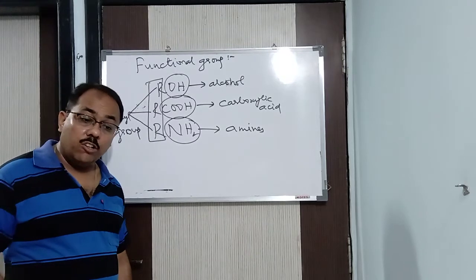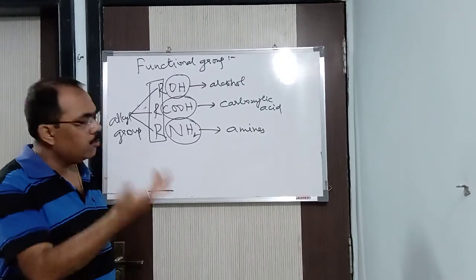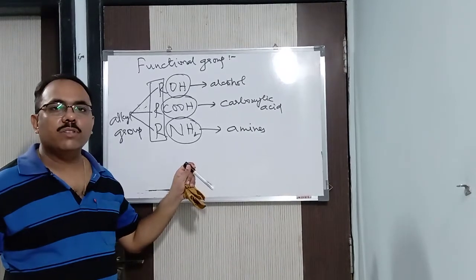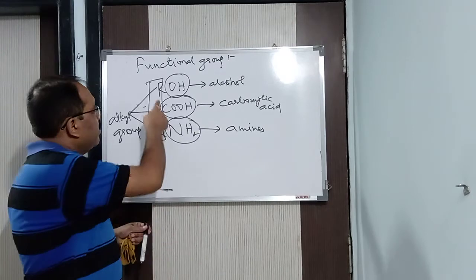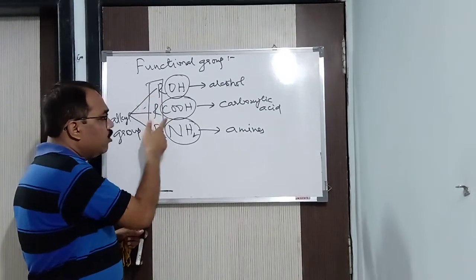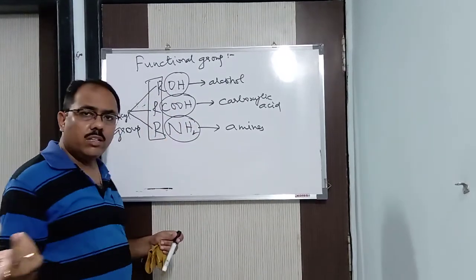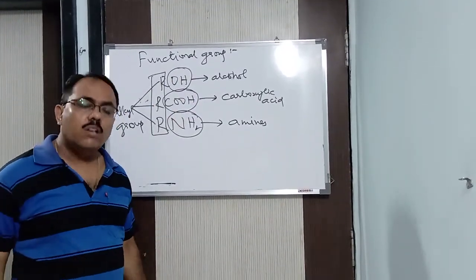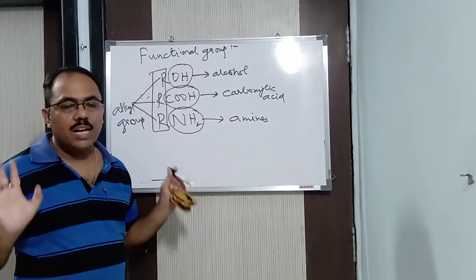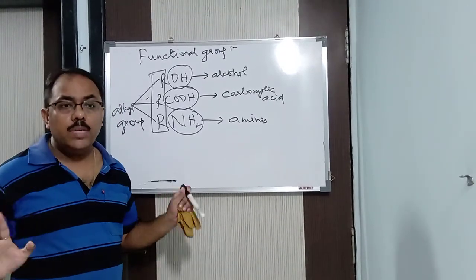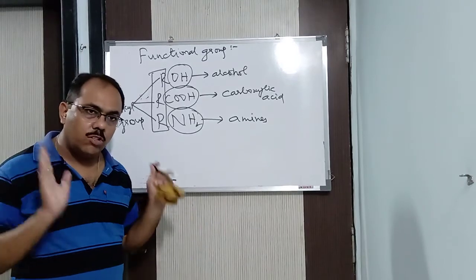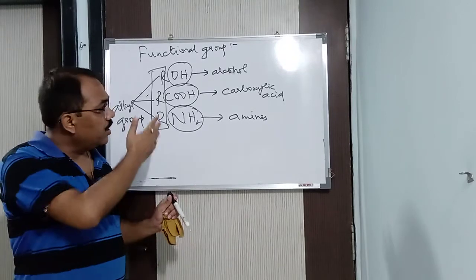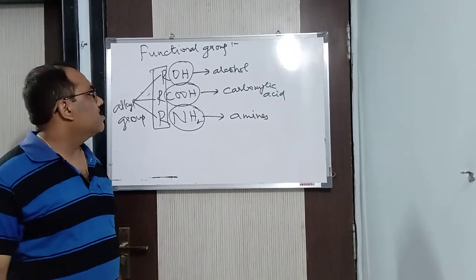Alright, that is how the alkyl group influences the compound and how the functional group influences the compound. The functional group differentiates the two compounds, we can say. As I said, here CH3 or C2H5, the alkyl group can be the same, but the functional group is always different. By which we can say, this is alcohol, this is carboxylic acid, this is amine. So what is a functional group? The functional group is that particular group which determines the chemical properties and distinguishes one compound from the other compound. How do you distinguish it? By the help of this functional group.